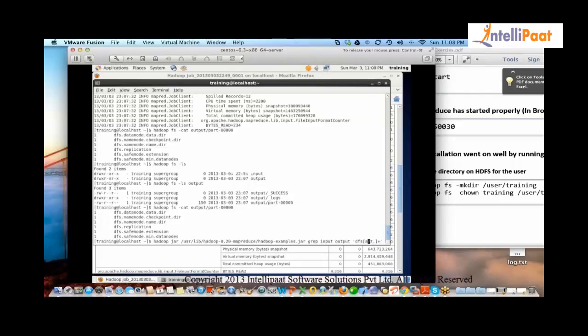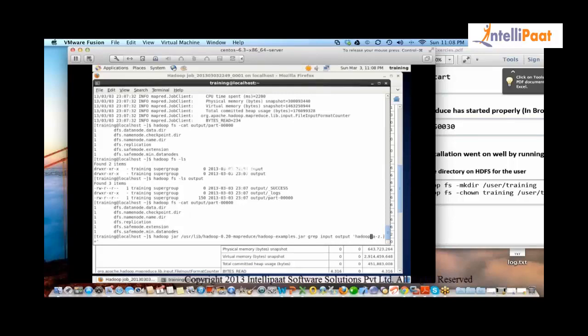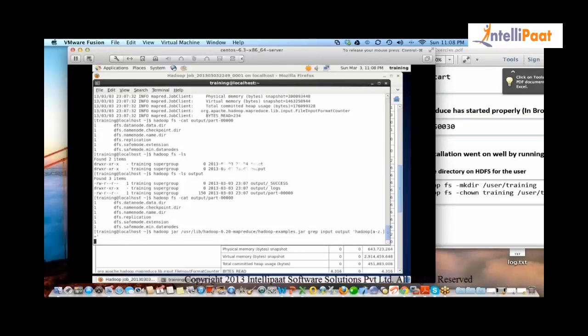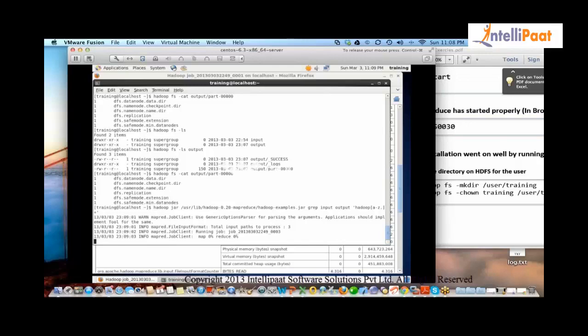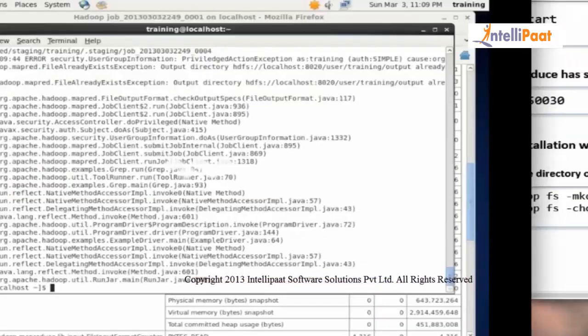Let's run one more program where we will say show us everything that starts with Hadoop. There may be nothing that starts with Hadoop. Let's run it. The first error it will give you right now is that the output directory is already existing, so you need to first clear the output directory. This is another thing you need to know: if an output directory exists, Hadoop will throw an error.